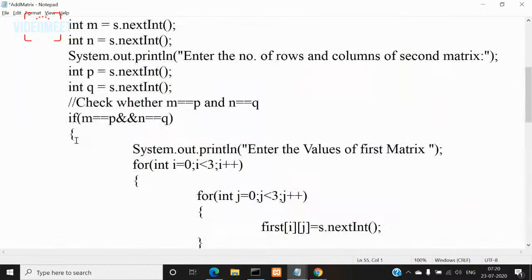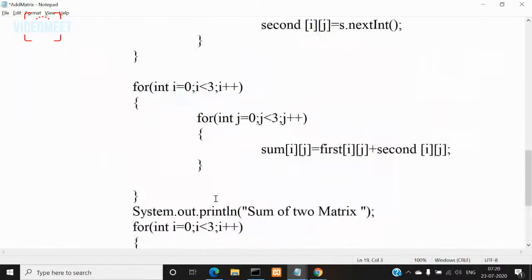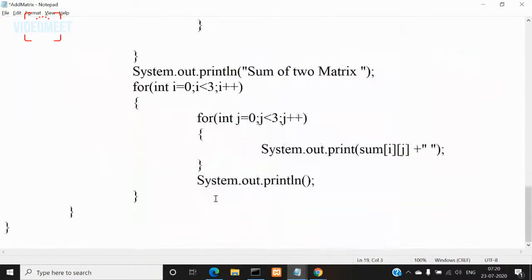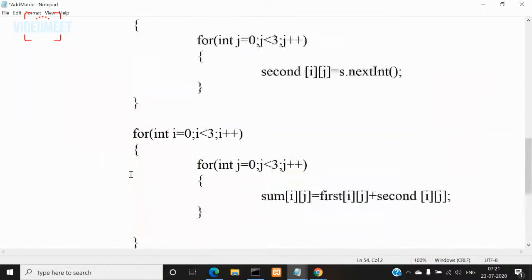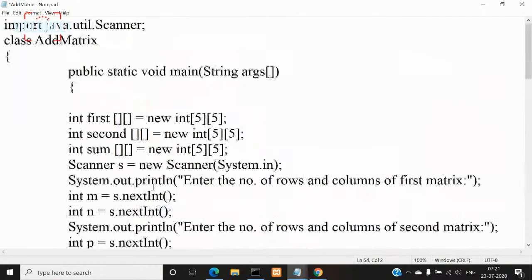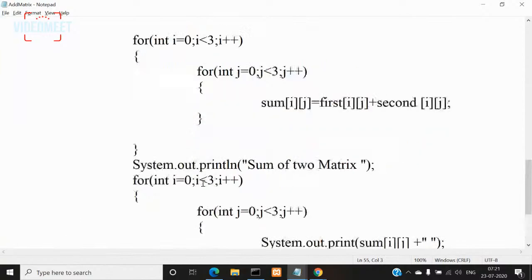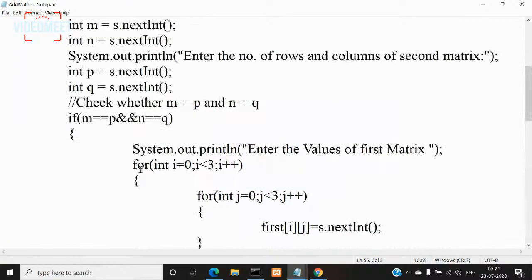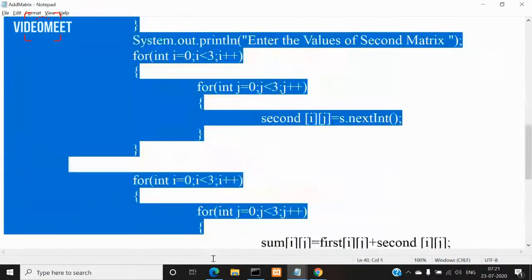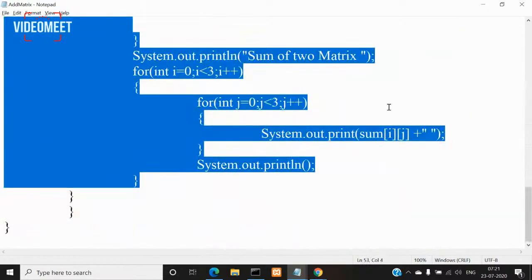Because I kept an if block opened here, I'll close it after displaying this matrix. So I need to add one more brace here. So this is the closing of the if block. Okay. So all this piece of code is part of this if block, and it will execute only when